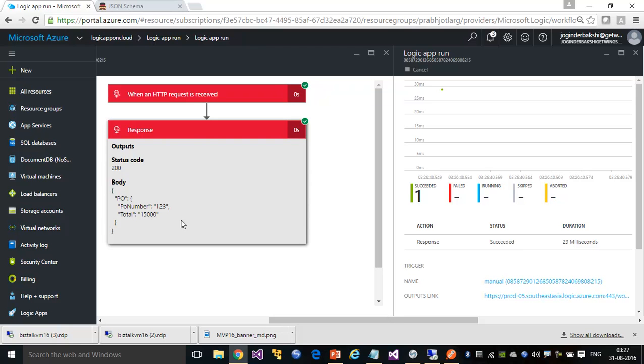So this is a simple example, a basic example to demonstrate how Biztalk is able to communicate with your logic app seamlessly. The data moves from Biztalk to the cloud environment via a hybrid connection, and from logic app you know that we have connection to various SaaS applications, and once you have reached the cloud environment you can utilize any of these